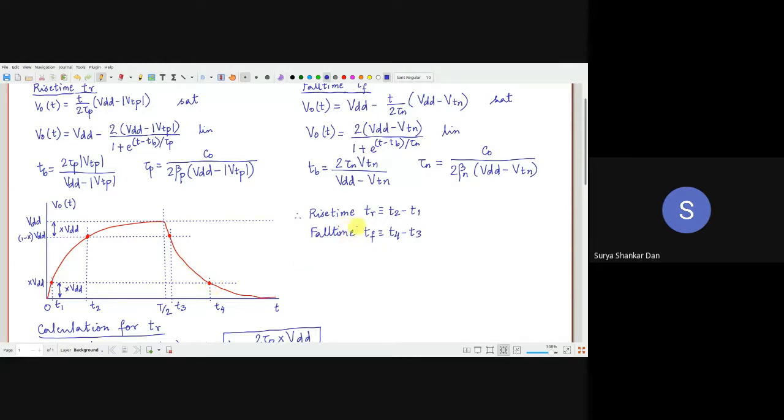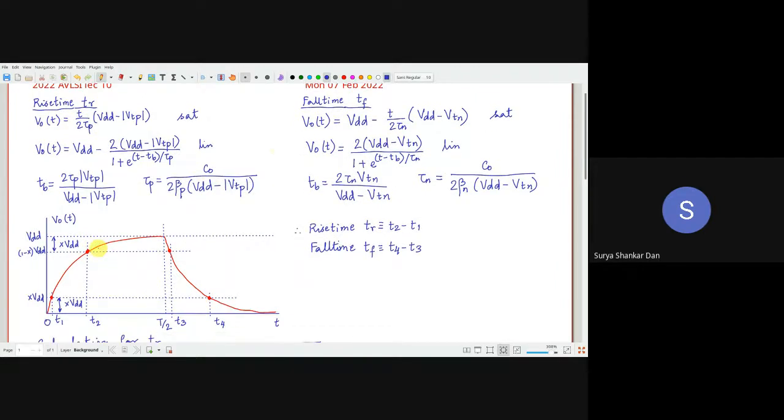That will essentially give us the fall time. Now, similar to the previous one, for the rise time, we have to get concerned about which of these two equations we are going to use. Notice T3 is the instance where VO has started falling from VDD to the ground. If it falls, it is going to be a very sharp fall initially. So that means saturation region, so we will choose the saturation equation.